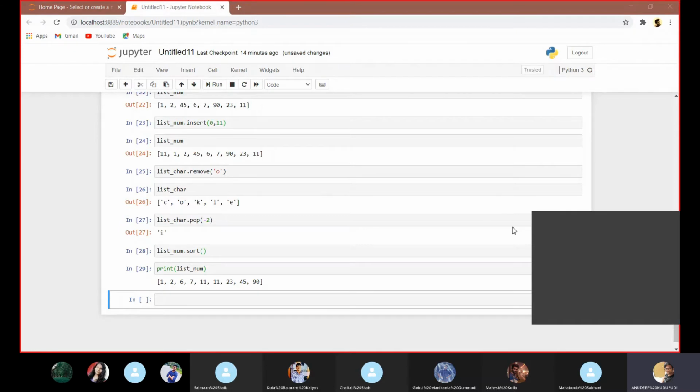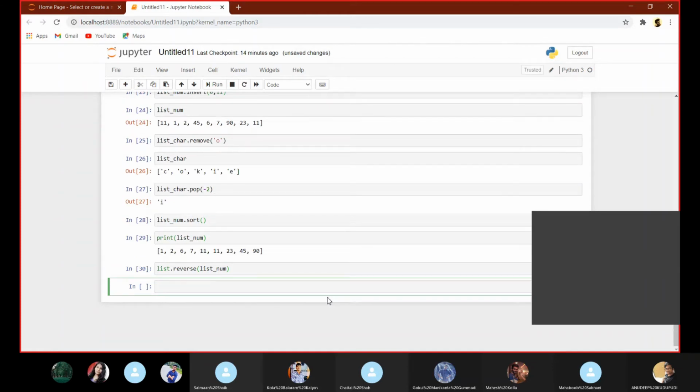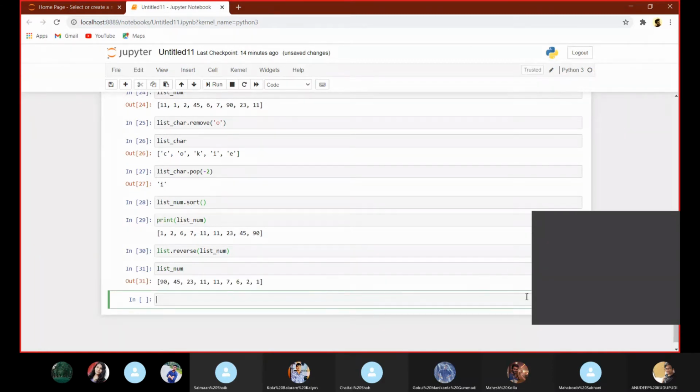By using this sorting, we can arrange the numbers in an order, and we can also reverse. We can perform the reverse also in the case of a list. Yeah, this is how we can reverse the list, and let's go for the tuple.